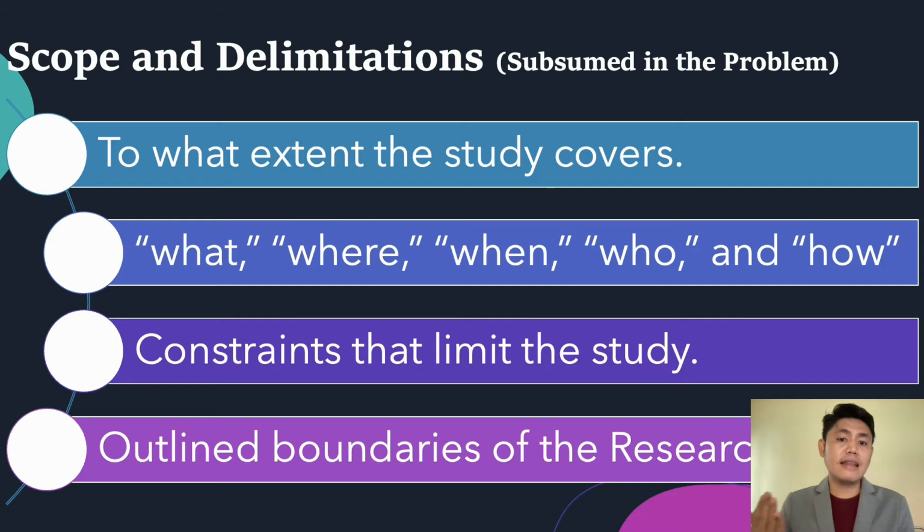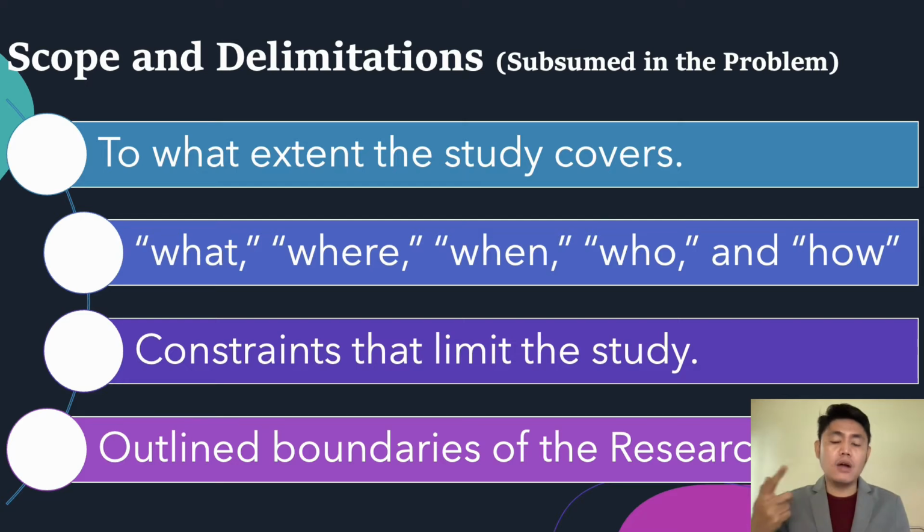Now, another important aspect in your research is the scope and delimitation. Okay? So, you have to define the coverage of your research study and its limitations or its boundaries. In research, when we say scope, it identifies the coverage of the study in terms of answering questions like what, where, when, who, and how the research is done. Meaning, the scope of the study states up to what extent your study covers, kung saan lang yung sakop ng